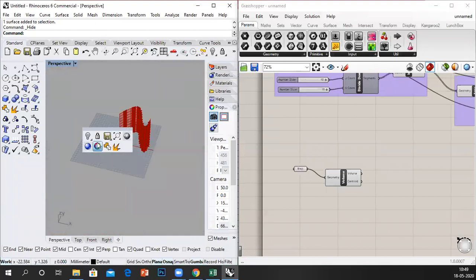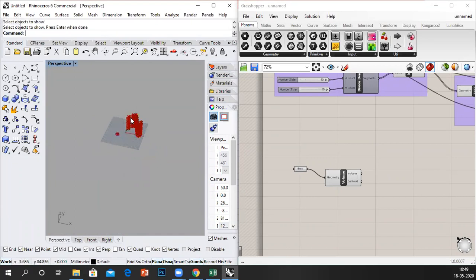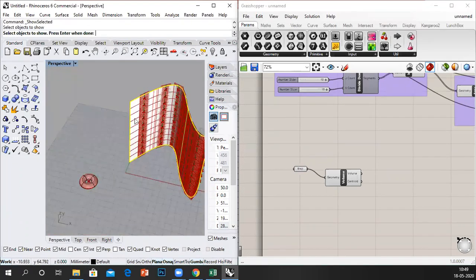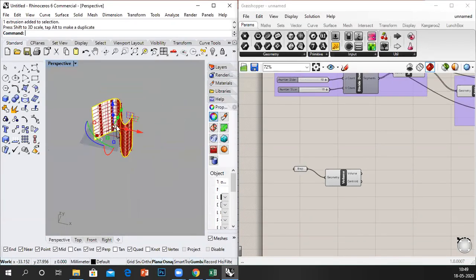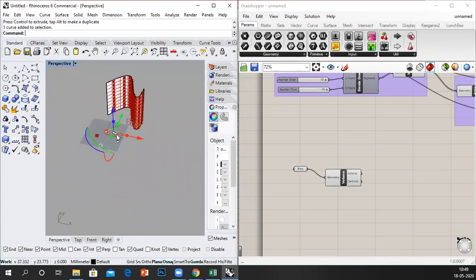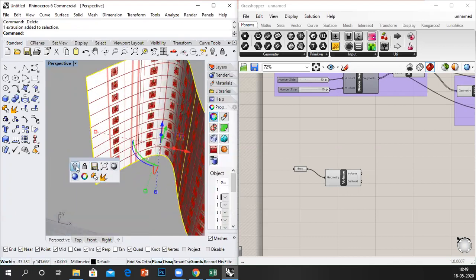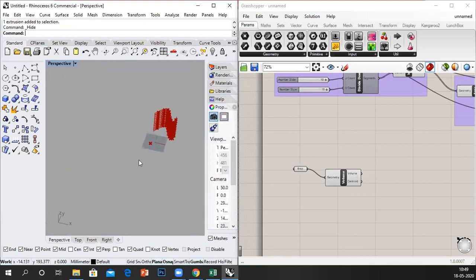Let's make the surface a little bit bigger. The geometry seems to be a torus, it seems to be a little bit more... yeah, this should work. So we are going to use a component called orient.